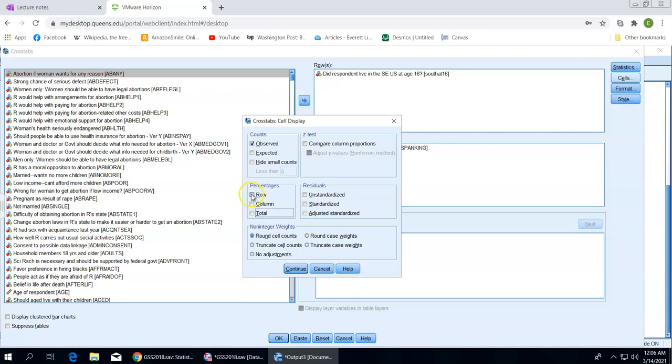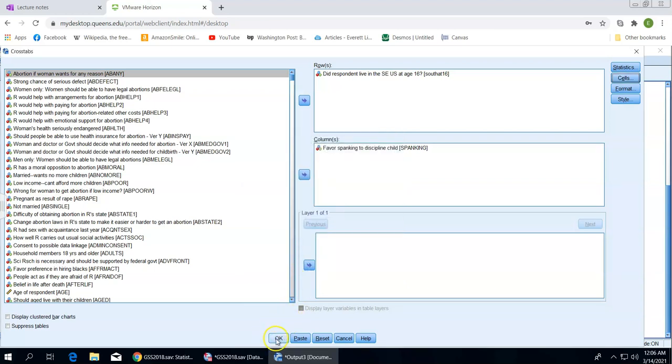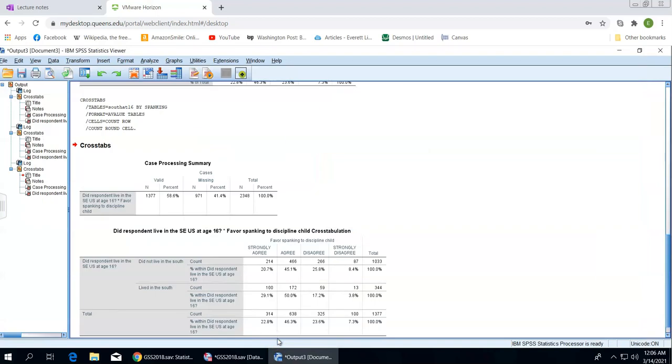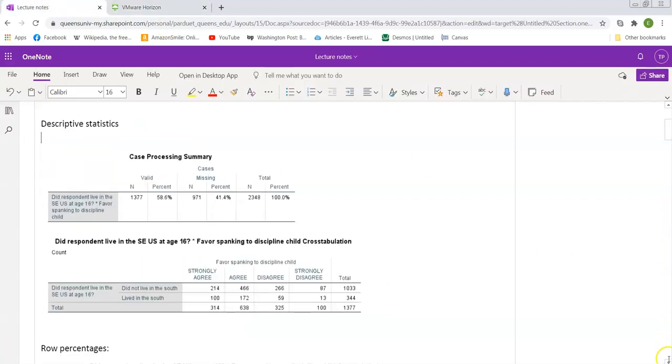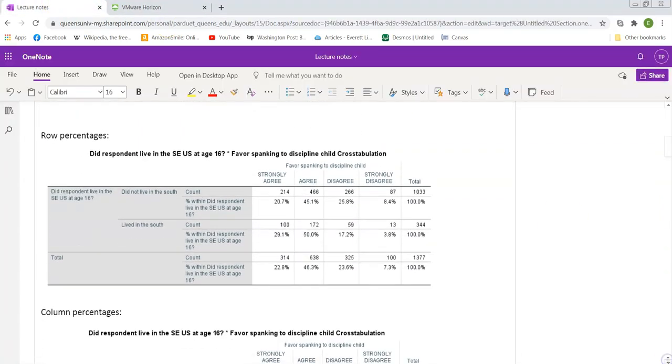This time I'm going to check the row percentages. And notice I turned off the total percentages because you don't want all of that on one table. SPSS will give you everything on one table, but it's really cluttered. So row percentages, and we click OK. And I've already copied those over here. So here, if you see, we've got